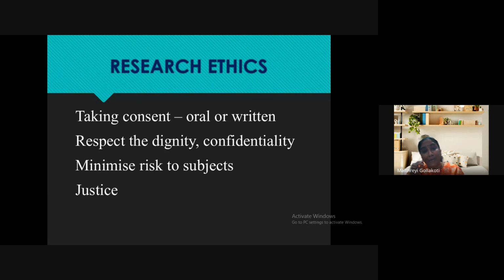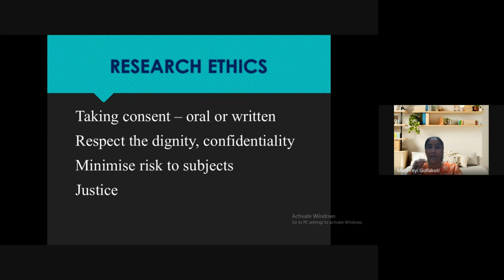So we have to minimize the risk to the subjects, especially for medical purposes, especially for things like vaccine or new medicines. Minimizing risk to the person is very, very important. That is the first ethical principle that we have to follow. Mostly people do it out of necessity, out of some kind of problems that they have. Okay. So it is very important that such people should not be exploited, that they should be respected for the sacrifice that they are doing. So that is why there should be dignity, there should be confidentiality, and the risk should be minimized to the participant.